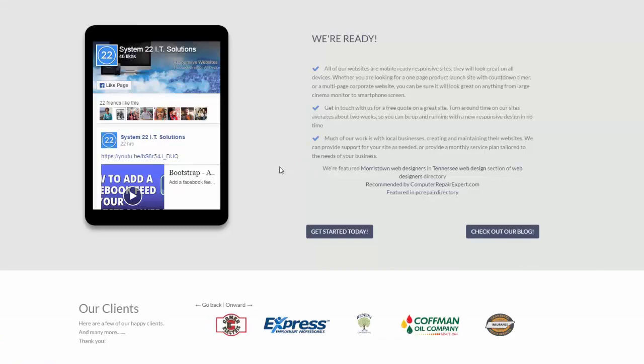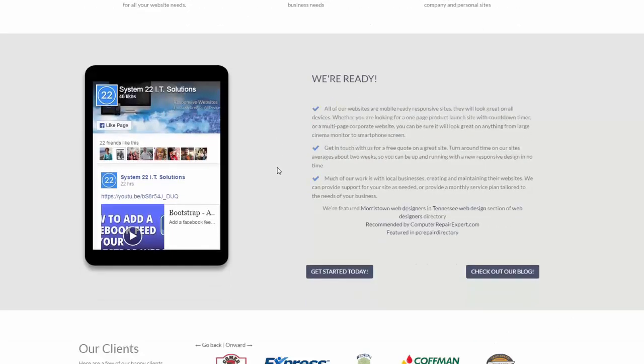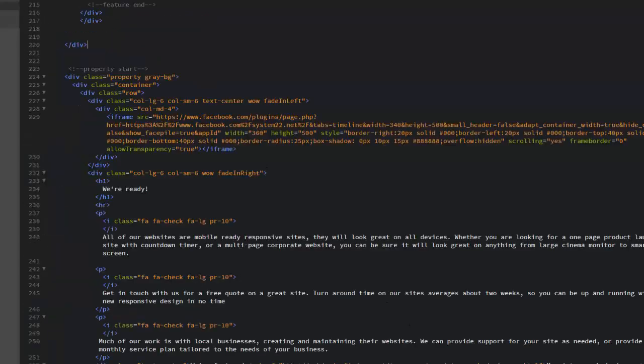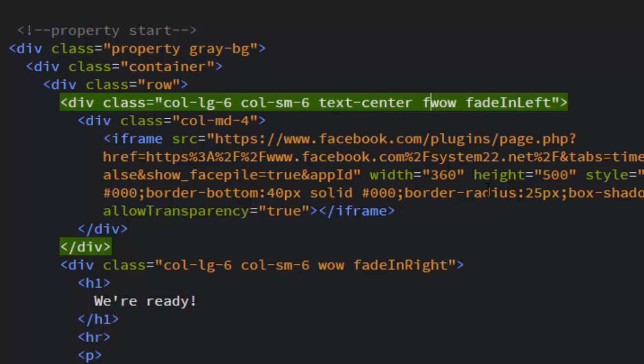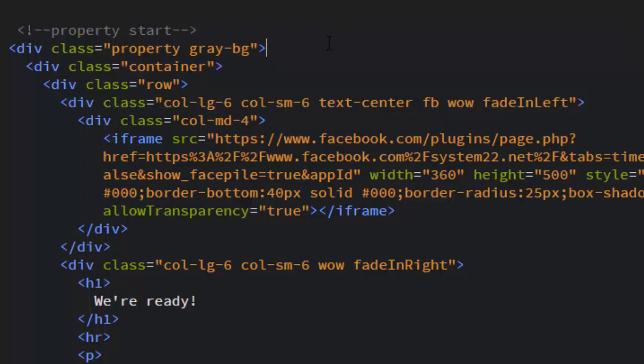In this we're using our Brackets editor, which is a free download from brackets.io for anybody that doesn't have it. Again, I'll put a link below. So if we open our Brackets and have a look at our index HTML for this site, this is what we were working on yesterday. This is the iframe that we put in there. So I'm going to give the container that it's in here an extra class. And I'm just going to call it FB for want of anything else. So you see that FB we've put in there now. Now if I go ahead and save that, and we'll go to our style CSS,